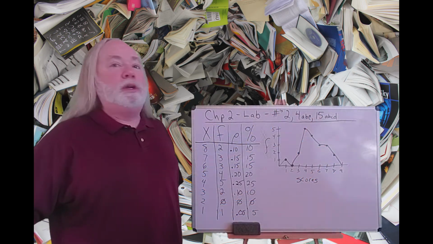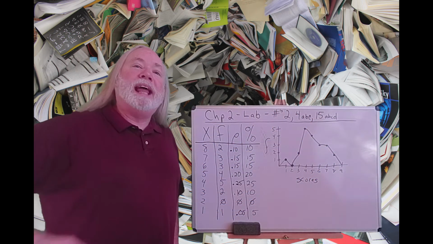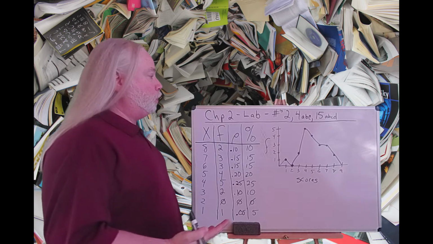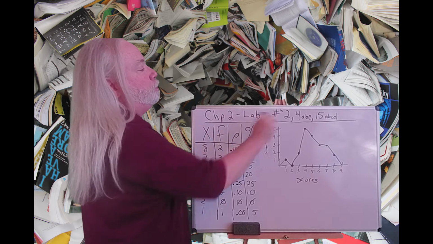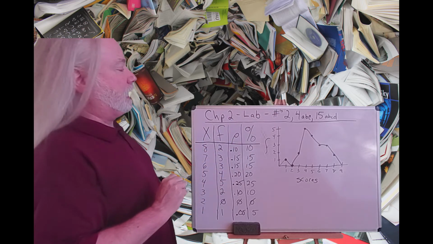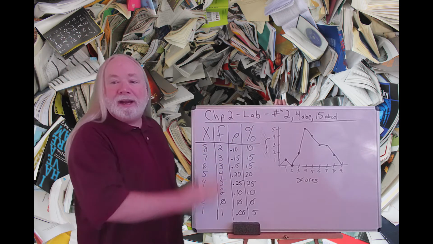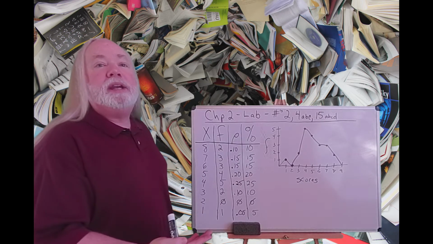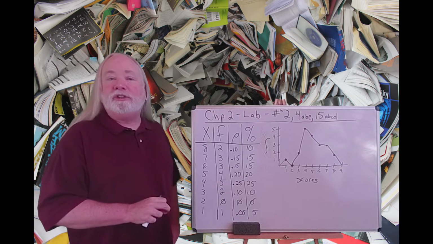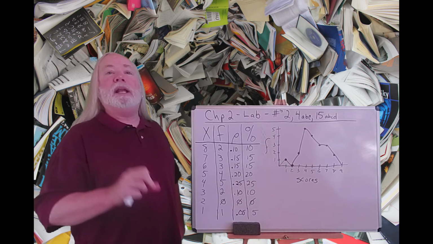All right, we're going to go through the problems for the lab exercises for Chapter 2 now. So I suggested you look at problems 2, 4, and 15. Up here, I already have the answers for 2 pre-generated. Problem 2 gave us a bunch of raw data and said, build us a frequency distribution table, including columns for proportion